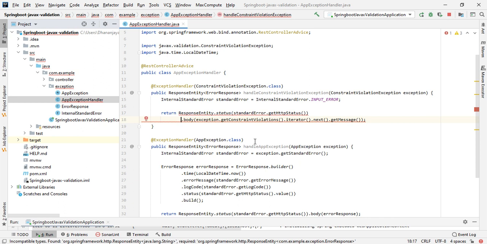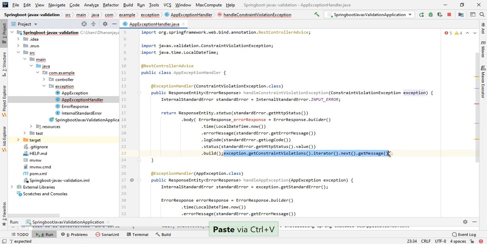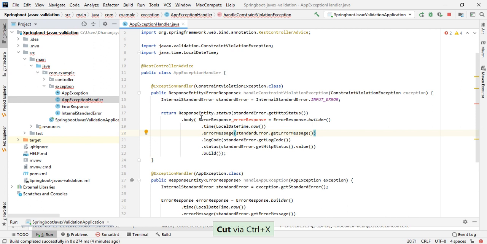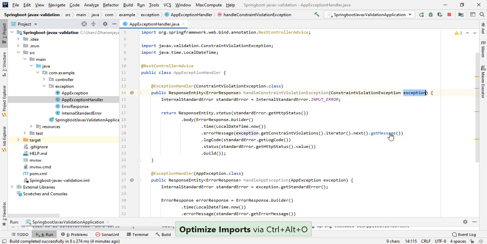Then body will return error response, right? In message we will pass whatever error we are getting from Spring, that will be passed here. Okay, that's it. Let's start the application and see.